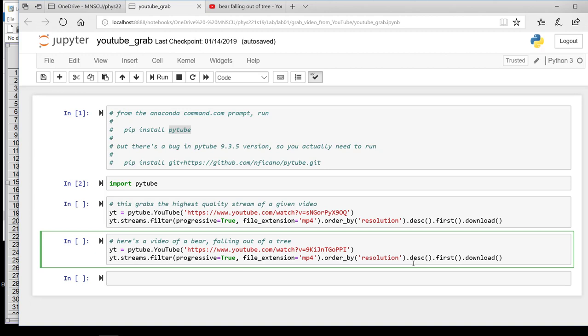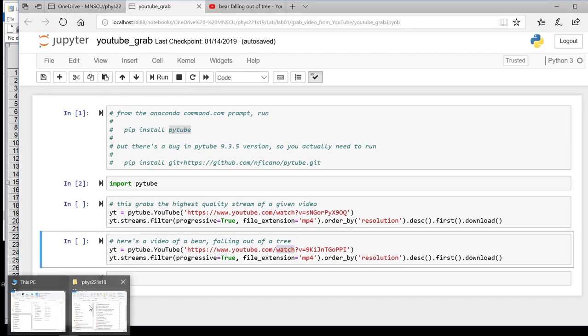So this is just a string of commands, and what the string of commands does is grab the highest resolution MPEG-4 version of this YouTube video. I haven't tried this on every video in YouTube, but I've tried it a few times and it does seem to work. So you run that command, and then you have in your file manager